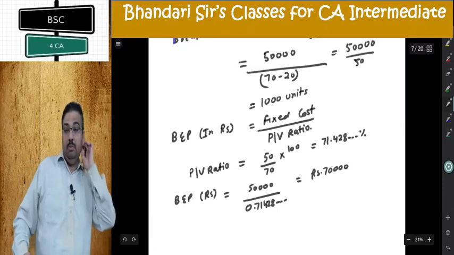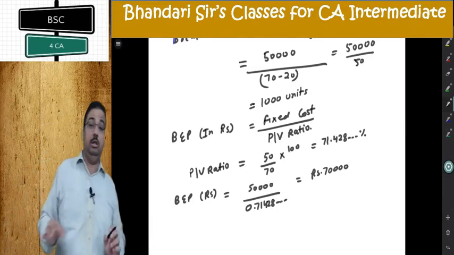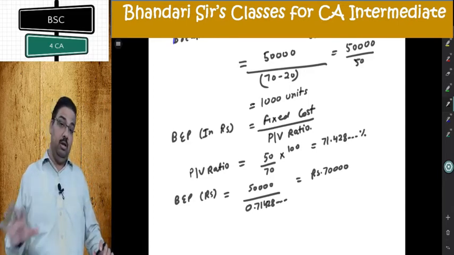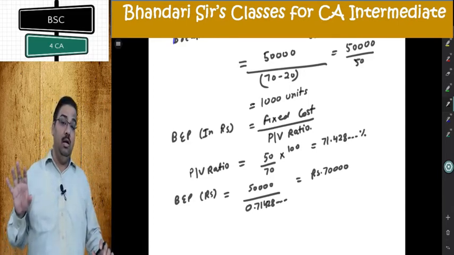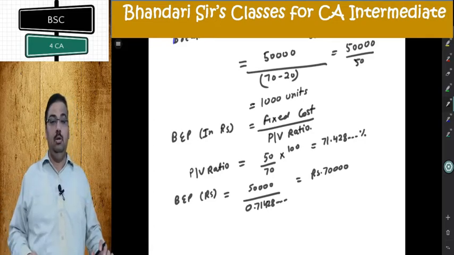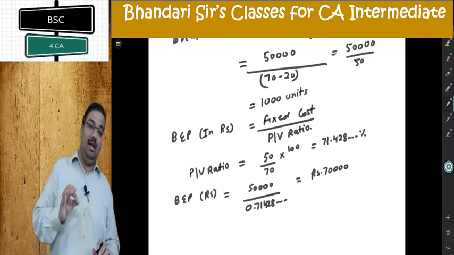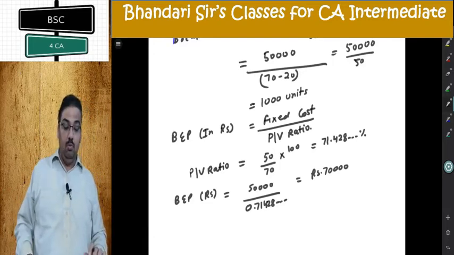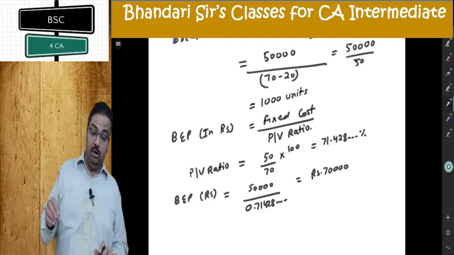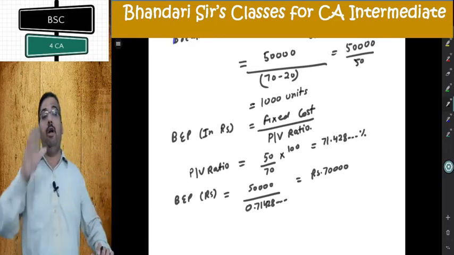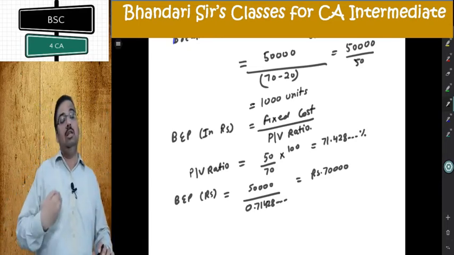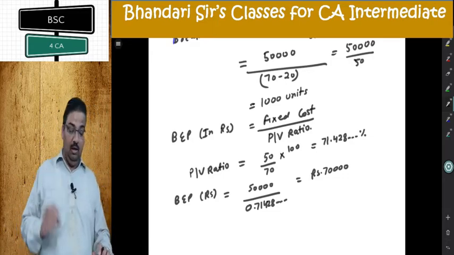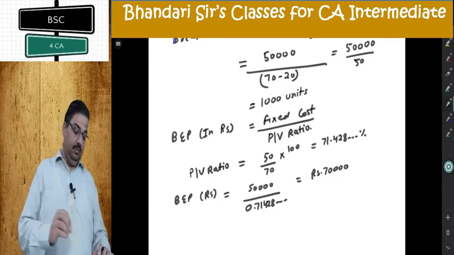Do not approximate PV ratio. The moment you approximate PV ratio, you will start getting a difference of 1 to 5 rupees, which is not acceptable in professional examinations. So make sure you do the calculation of this PV ratio till the end. What I am getting in my calculator is 70,000.00000005. Now, once it is at the end, that can be approximated, because mathematically you will find that it is exactly 70,000.